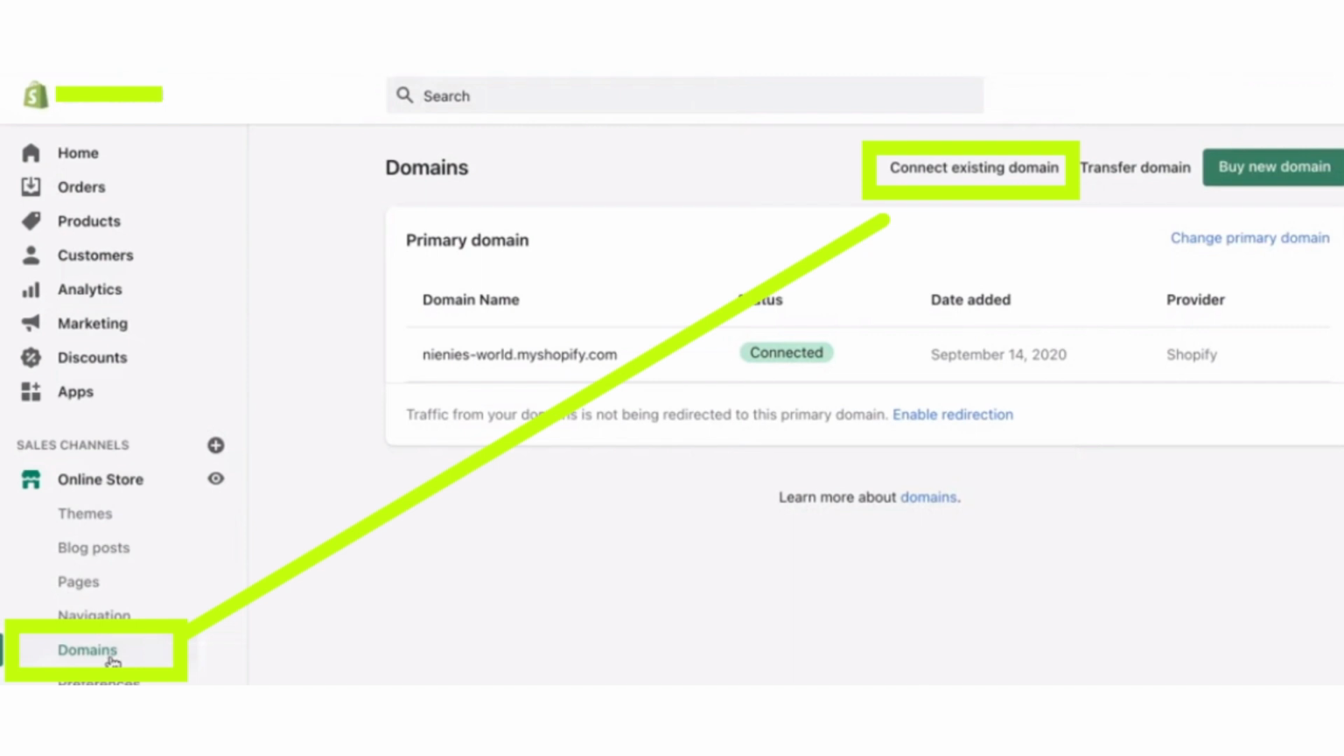So first of all, log in to your Shopify store, and then go to your Shopify admin page. After that, from the left menu bar, you have to click on the online store button under sales channel, and from that a few options will appear. Now click on the domains button,